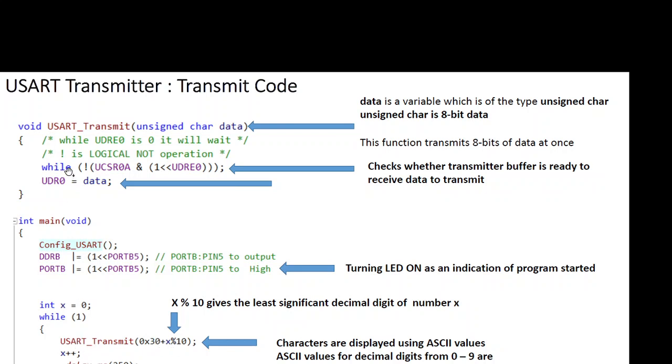So in the USART transmit function, what I am doing is, whatever the data, which is 8-bit, unsigned char means 8-bit, whatever the data coming in, I'm going to set to my transmit buffer. So before setting it to the transmit buffer, I'm going to wait until my UDRE0 bit becomes 1. So what does this mean? This means while, right,